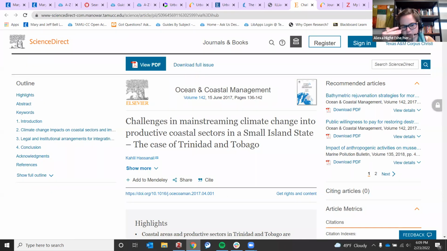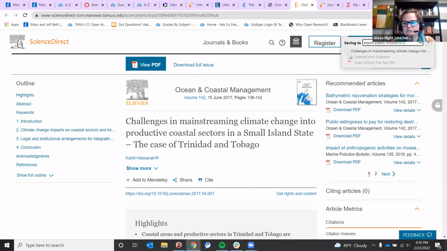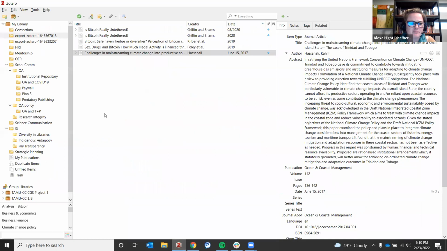But say I wanted to save this article into that folder. We're going to hope Elsevier plays nice. And I'm just going to click on the icon, the extension browser. So it's telling me that it did not save the full text PDF, but it did save it to that export folder, which I can rename. So it did save it, and it actually did save the PDF. I'm not sure why it told me it did not, but so I can rename this folder.